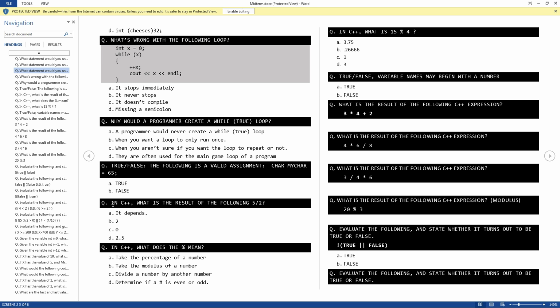All right, let's get to the hard stuff. Evaluate the following and state whether it turns out to be true or false. The way I want you to think about these logic problems is to work from the inside out, kind of like doing any math problem that has parentheses. These are just math problems, they just happen to have the words true or false in them.